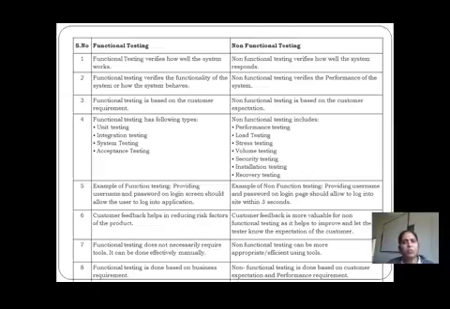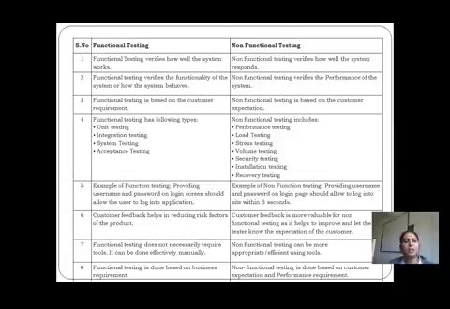But when it comes to non-functional testing, it is going to verify the performance of the system. Performance is in the format of speed, reliability, scalability, stress, localization, and interoperability. It should be considered. Why? Because performance is measured in different ways, and according to that, we need to test the particular software application. So this is the second difference between the functional and the non-functional testing.